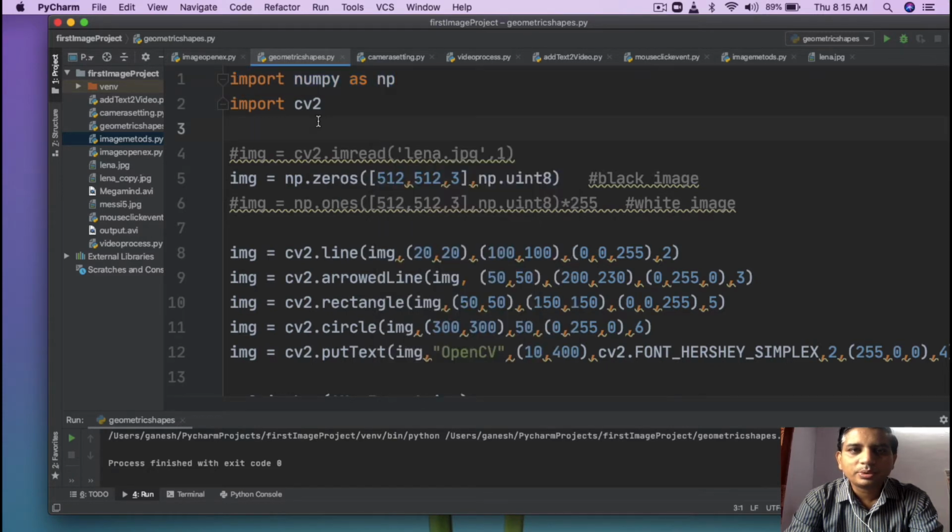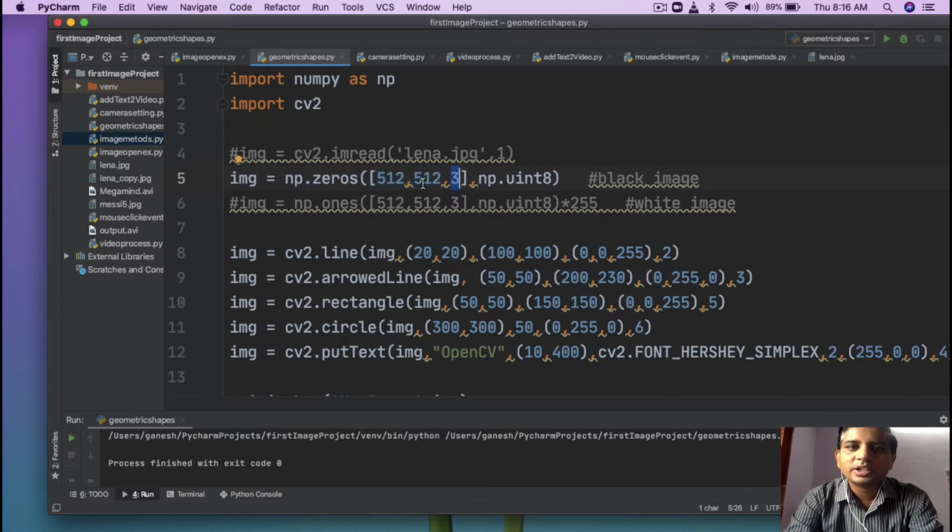I have imported NumPy, and using np.zeros, I am passing the first argument as a list, that is 512, 512, 3, where the first two represent the size of the matrix, 512 by 512, that is 512 rows and 512 columns, and there are 3 channels.